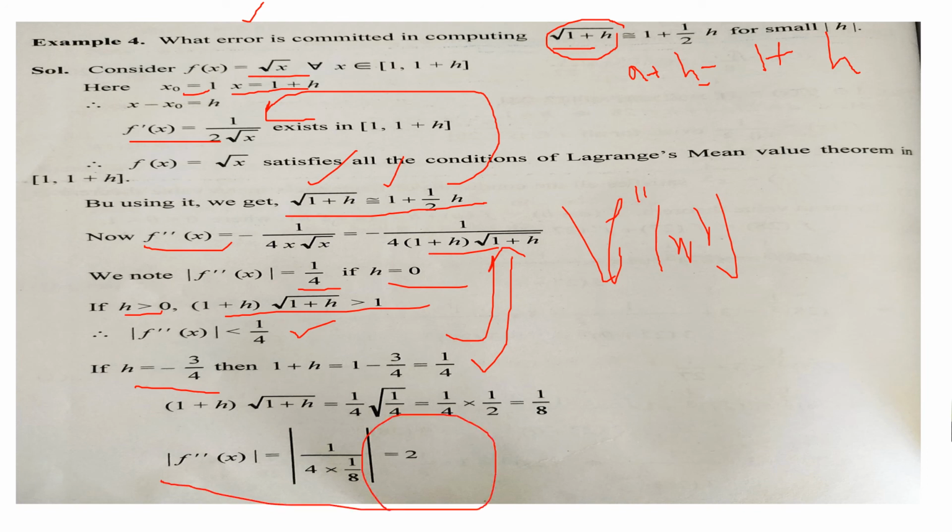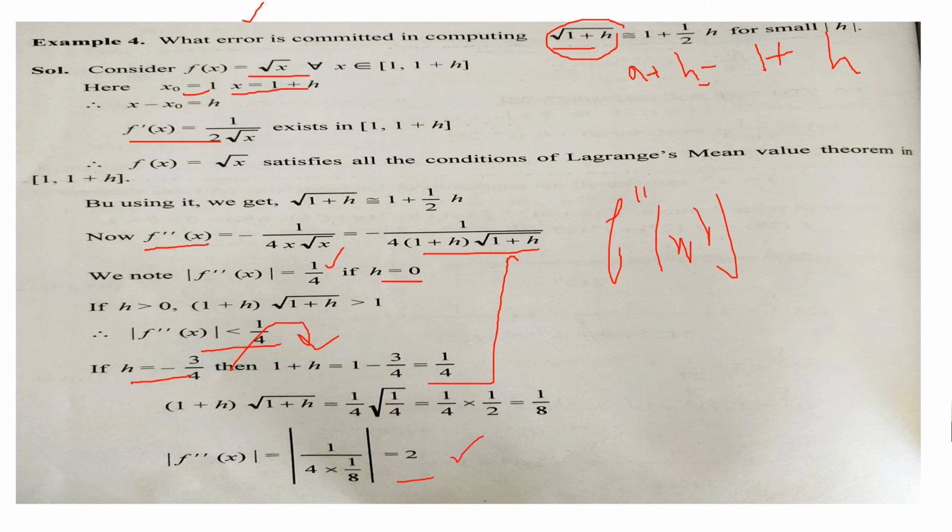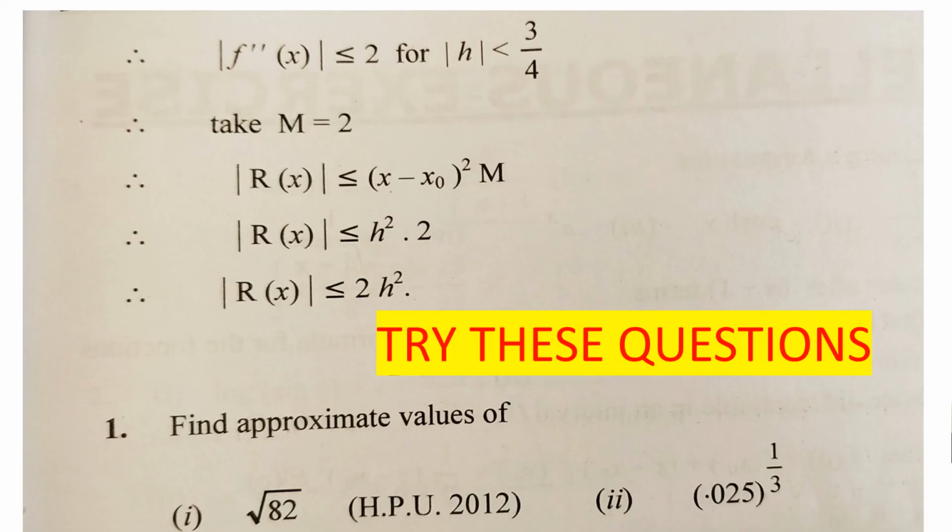Basically, whenever we have to find the error term, I want to make it clear again, you have to find the maximum value of the double derivative. Whenever you have to find the error term, it is a double derivative. If we put h equal to 0, its value is 1 by 4. If we take this as a positive term, it will be less than 1 by h. We have to take the modulus, so negative will be ignored. If we take h equal to minus 3 by 4, here you have to learn these values of h, on putting h minus 3 by 4, it is 1 by 4. Put here the value of 1 plus h, 1 by 4 into 1 by 4, it is 1, 2. So the maximum value of the double derivative is 2, and f double dash x is less than or equal to 2.